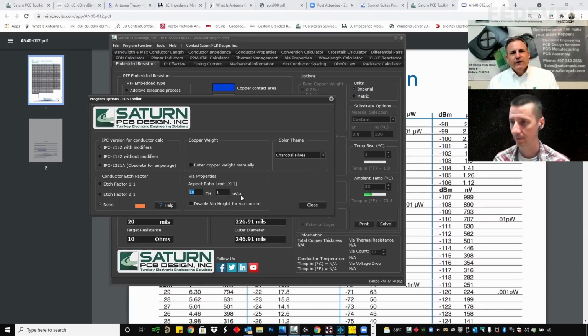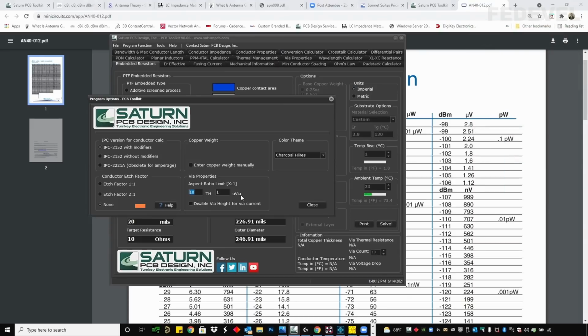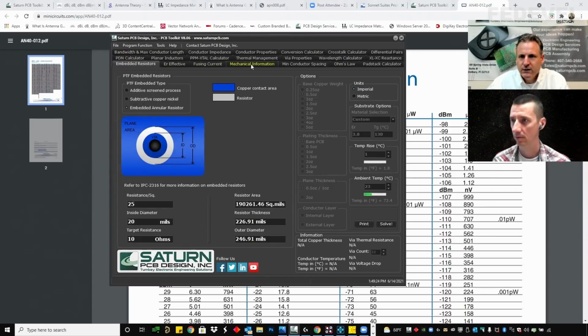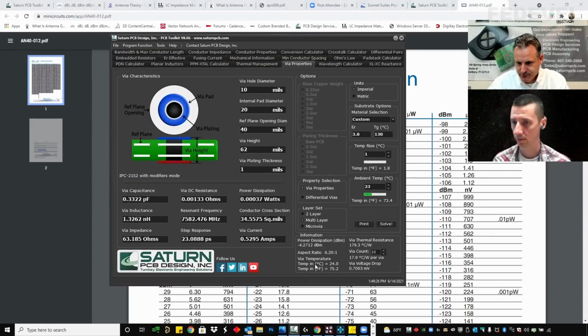The aspect ratio of a via is a ratio between the diameter of the drill and the length of the via. You want to try to maximize at 10. So that's a setting in there. In the via properties, there's an aspect ratio. So at this hole diameter with this via height, it calculates. Okay. I'm at a 6.2, so I'm pretty good. If I go below that, it'll turn red. Unfortunately,